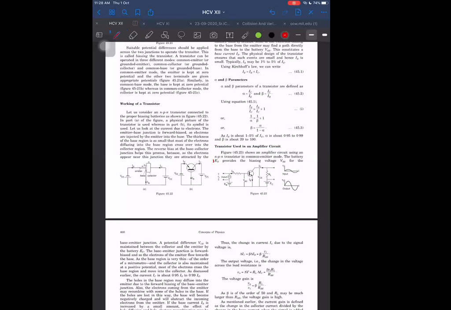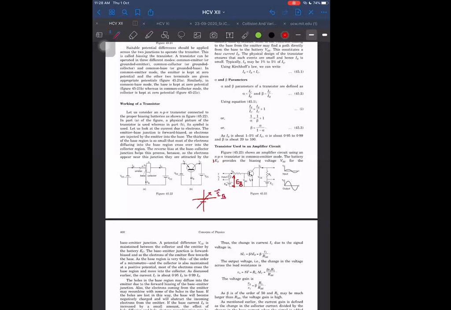So the input current signal is coming here, and now what will be the net voltage here? Net voltage will not be EB, it will become EB plus VI. VI is a small value. Or I can think this way: the net voltage here is EB only, but EB is a fluctuating voltage. I will put this symbol and say it is EB, but it is fluctuating.